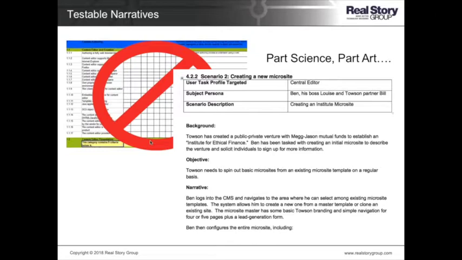So one might be creating a new microsite, right? And there's an art and a science to this, but you definitely want to have personas and a description, and then an actual set of tasks as Ben goes on this journey along with his boss, Louise, in terms of building a new microsite. So this is what you have the vendor respond to in an RFP. This is what you have them show you in a vendor demo. And then ultimately, when we get to the bake-off, this is what you're actually going to try yourself.